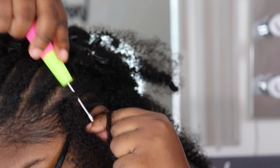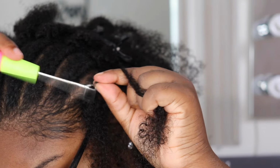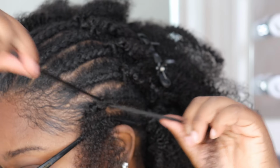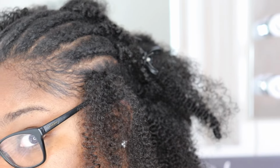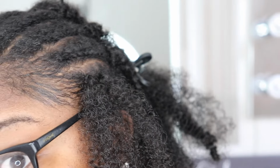And then you're just going to see me do this step a few more times, just so you can pretty much get the gist of what I am doing. I'm not speeding the video up at all, because I really want you to see exactly what I am doing. And then if you stick around for just a few more minutes, you're going to see how I got the crochet to look a little bit more natural towards the front with